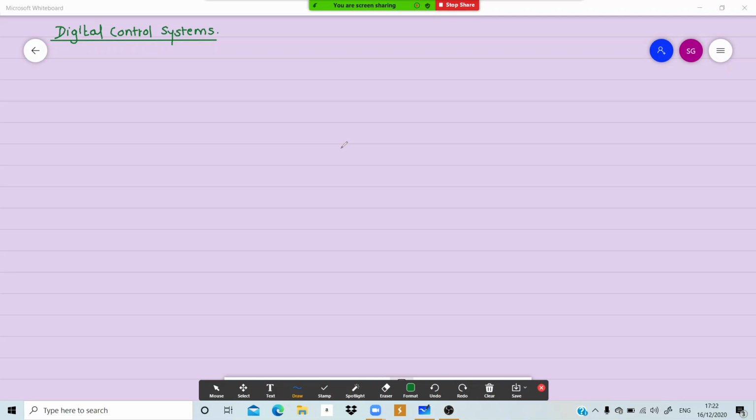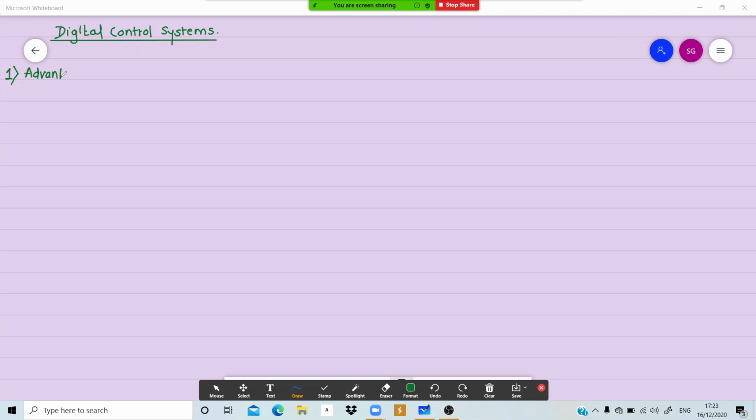Like nowadays you'll find all your PLC or DCS or SCADA systems, what they are using, actually the controlling system is digital, right? And that's why we should try to learn, if the data is digitized, then how it can be controlled. So the first point related to that is, what are the advantages of digital system over continuous system, or continuous signals rather.